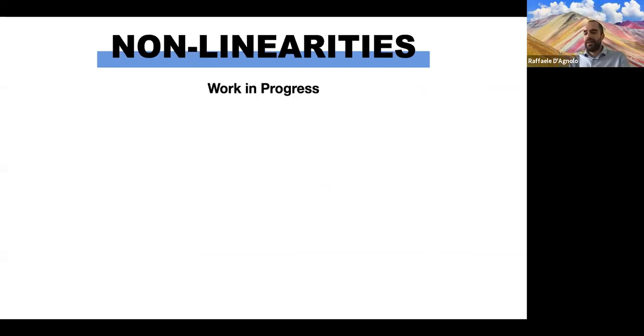Finally, there is one effect that we're still working on, but we think is not going to affect us strongly in the frequency range that I will show you in the end, which are cavity nonlinearities. So another effect that one has to take into account is the fact that the cavity is not a perfect harmonic oscillator, both due to impurities in the walls and to the fact that also the superconductor is not responding as a perfect harmonic oscillator.